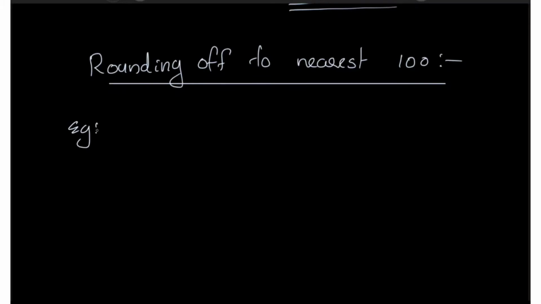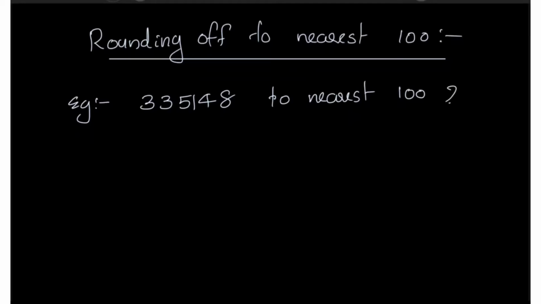Our question is like this: 335148 to nearest 100. Round off to nearest 100. So we can again rewrite our question like this,